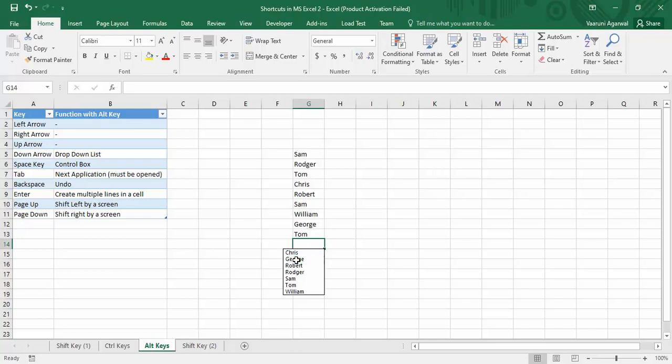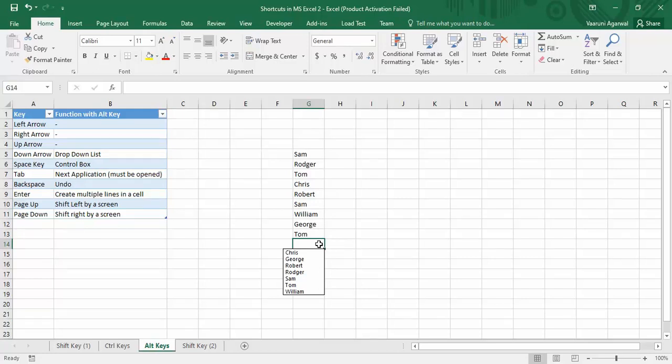and you can see that this drop down list contains all these names that you have already entered, arranged in ascending order from Chris, George, Robert, Roger, Sam, Tom, William. And if you have noticed one thing, that Sam is present here, Sam is present here, so there are duplicate records for Sam. Tom is also present twice, so there are duplicate records for Tom as well. So this list ignores that and gives you a unique occurrence of each of these names.